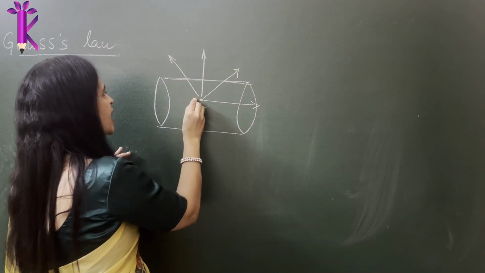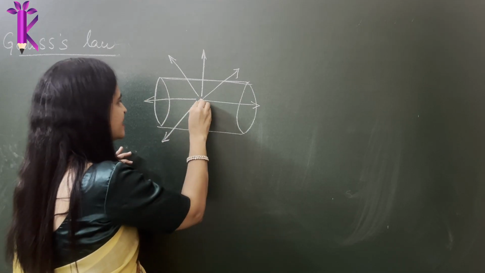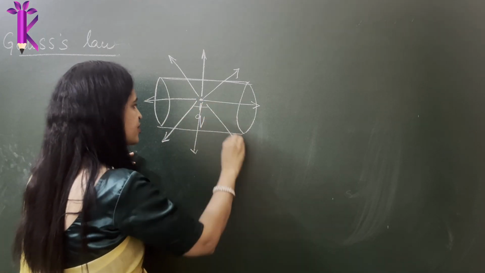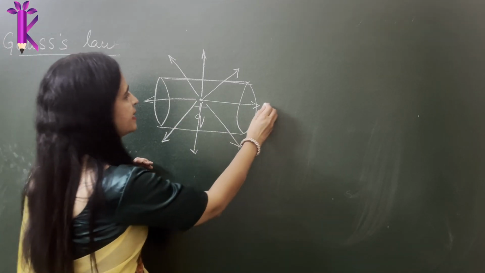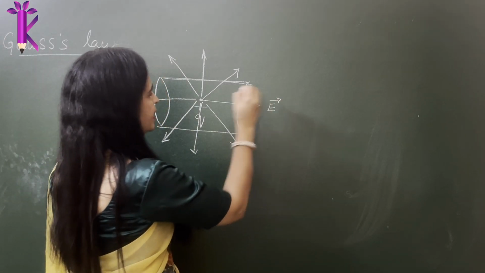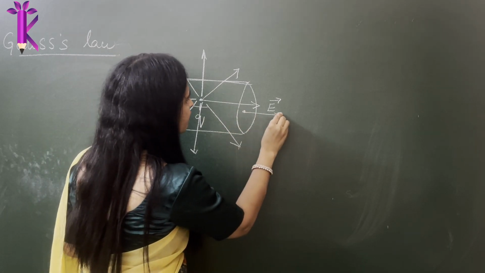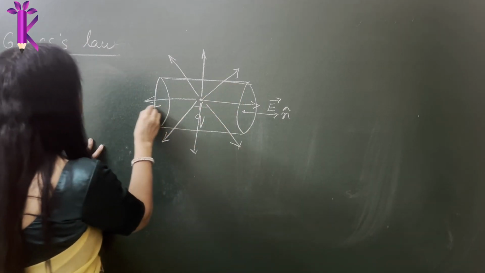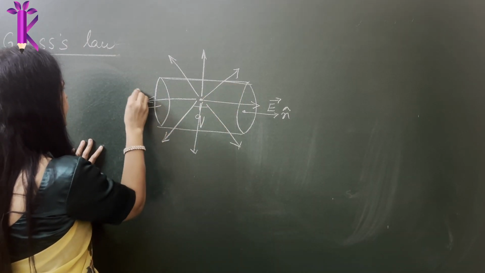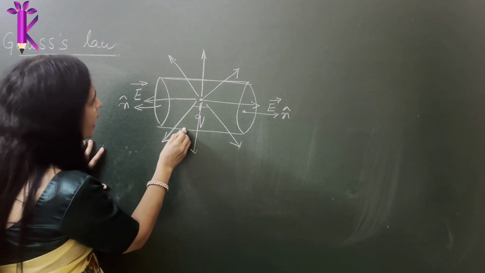These will be the lines of force pointing radially outward. Any point charge P placed at such a point will experience a force, and hence the electric field is in these directions, radially outward. Now here you see the direction of the area vector is also in the same direction, because it's a circular shape. The electric field is in this direction, opposite. What will happen here?